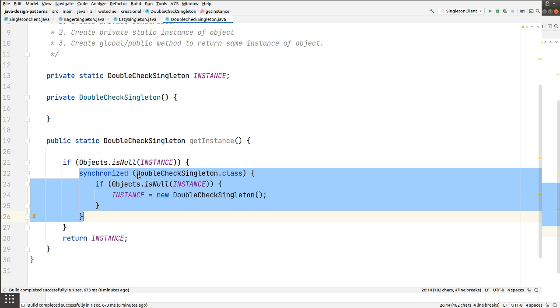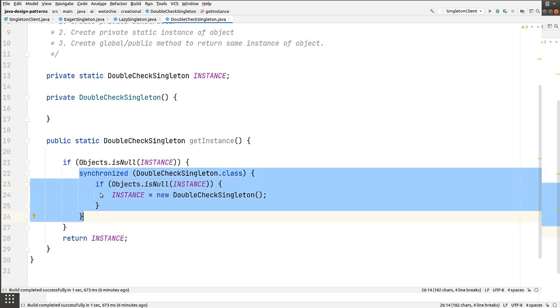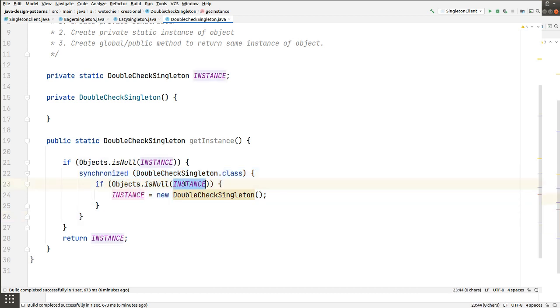Let's say thread A accesses this block first and checks whether the instance is null or not. It will be null because this is the first call to this block, so it comes inside the if block and creates the object for the double check singleton class. After creation of the object, it exits this block and the second thread, thread B, enters the synchronized block and checks whether the instance is null.